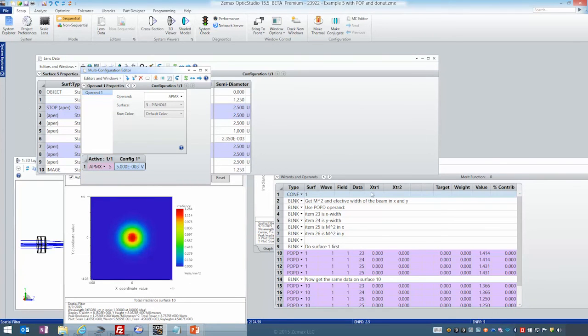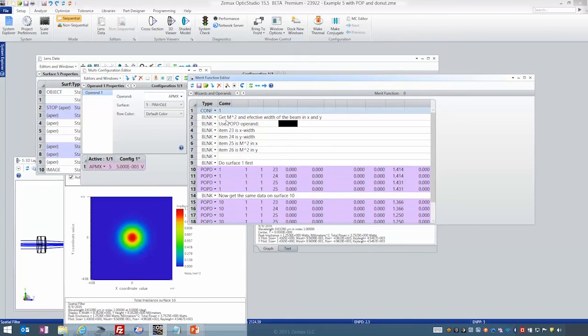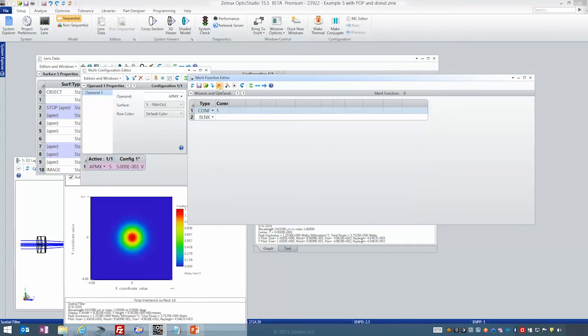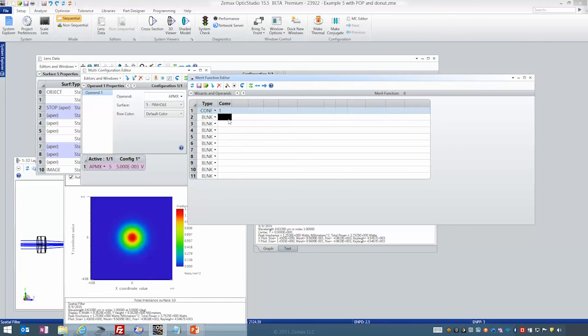So I'm going to go back to here, and I'm going to just delete all these operands, and I'm now going to just insert a couple of new lines, and I'm going to get smallest beam on surface 5 as one of my goals,